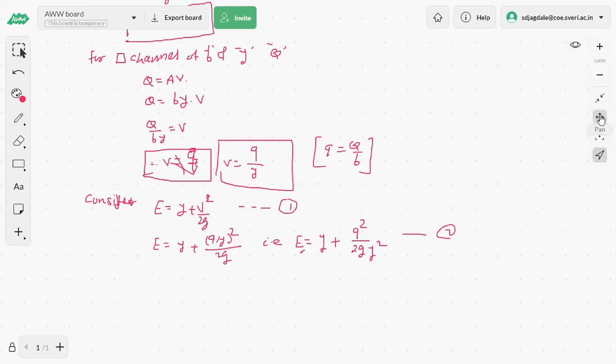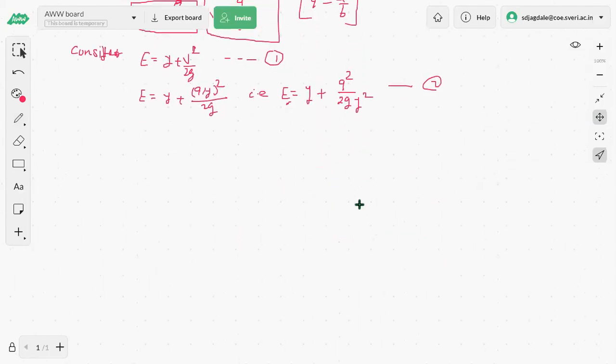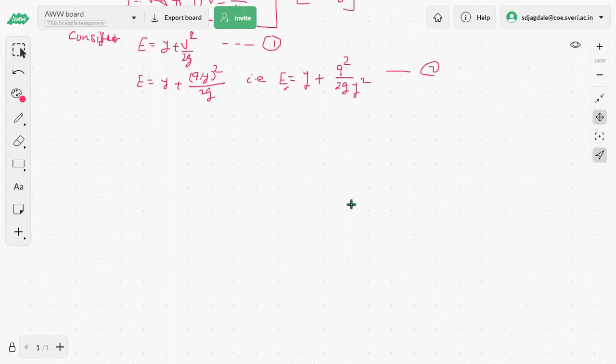Okay, now with respect to this we are going to see what it means for the specific energy curve and how to draw it. Specific energy, we understood, is measured above the channel bottom, considering the datum as the channel bottom. The summation of those energies is the specific energy, which includes only potential energy and kinetic energy, that is the flow depth and the velocity head. By rearranging the terms, we have seen that for passing the constant discharge q through a particular channel section at the same specific energy, we will have two flow depths.